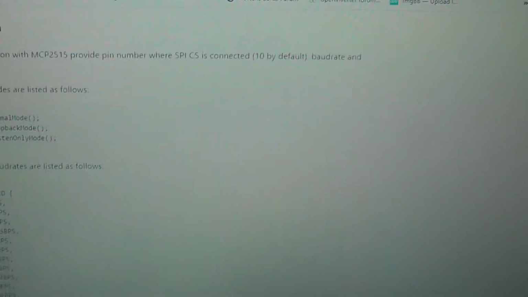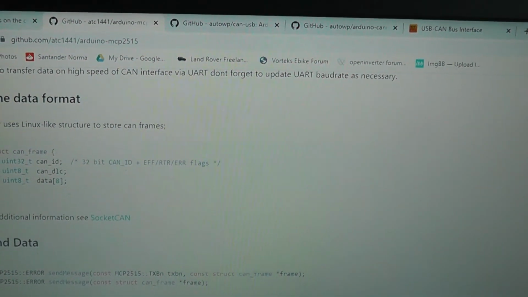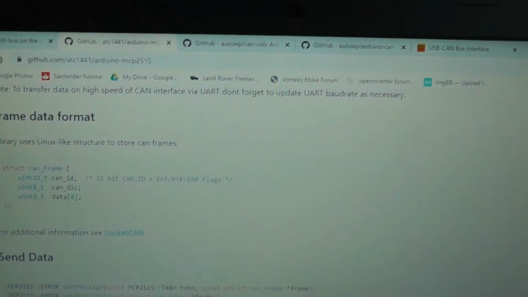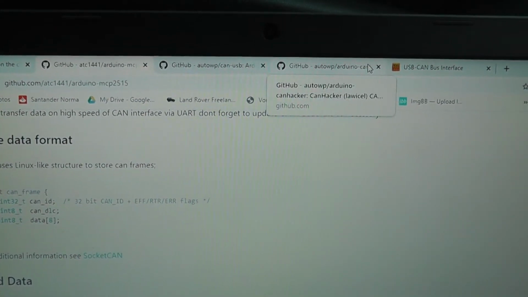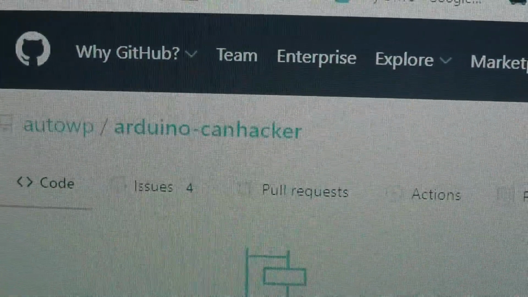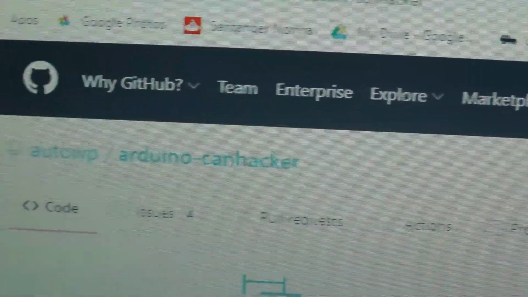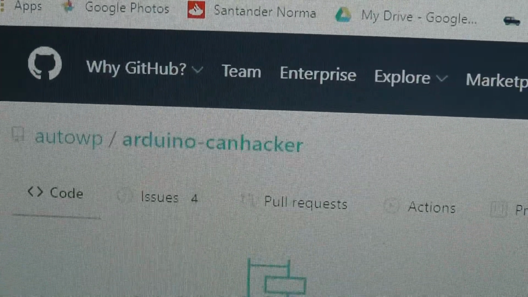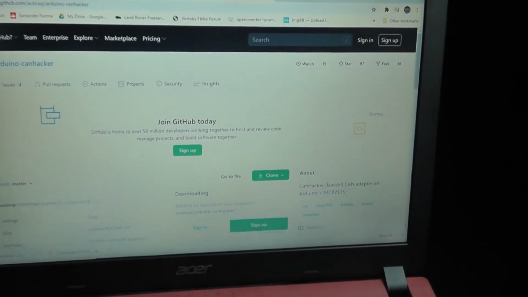And if you scroll on down, it gives you more information and more information, different bus speeds, and so on. Okay, so that's the first thing you need. Get that into your Arduino software as your first library. Next thing you need to download is the CAN hacker library. Okay, so as you can see, it's AUTOWP. I don't know, no idea what that stands for, but anyway, they're both the same. Arduino CAN hacker. So you download that library, get that into your Arduino IDE,